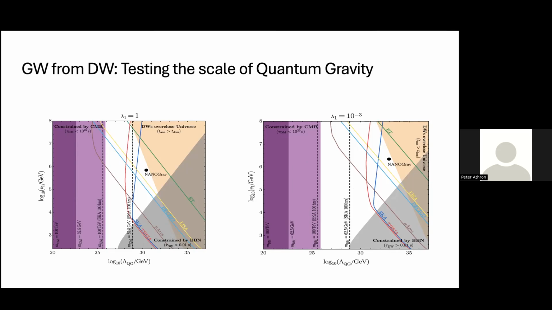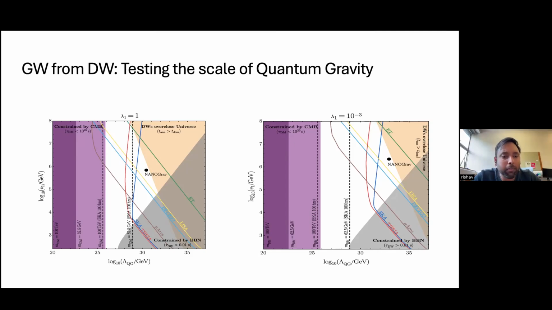Rishav, since you asked for a question, yeah. Here and also on the earlier plot, I don't see any kind of theoretical uncertainties. Do you have large theoretical uncertainties here, or do you have an estimate of them? Theoretical uncertainties in which sense? In the prediction of the gravitational wave signal. Then there should be some error on the sensitivity curves.